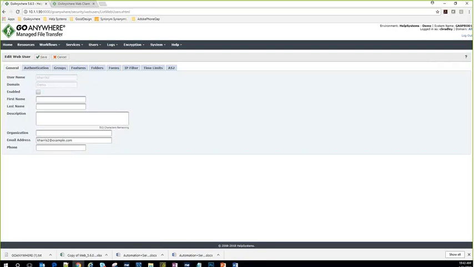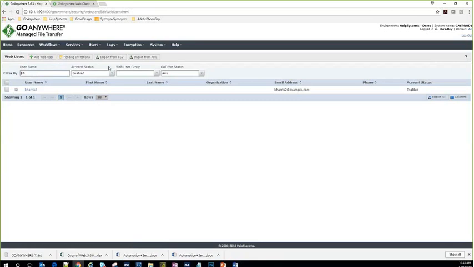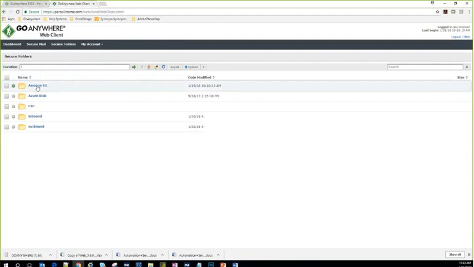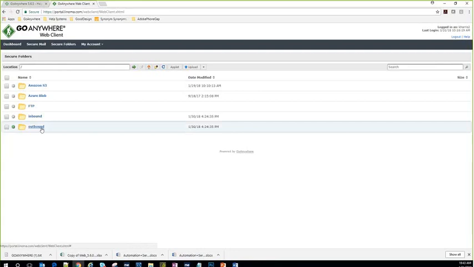I can just disable this account right from the administrator and it's no longer in use. Now, the last thing I want to explain on secure folders is encrypted folders on the network. So with secure folders, if Amazon or Azure has like server-side encryption, we of course can work with all of that. But if you've got locations on the network that you don't want anybody to access except through the web client, say you've got a file share on the network and you've got some sensitive data, and you can try to lock that folder down,